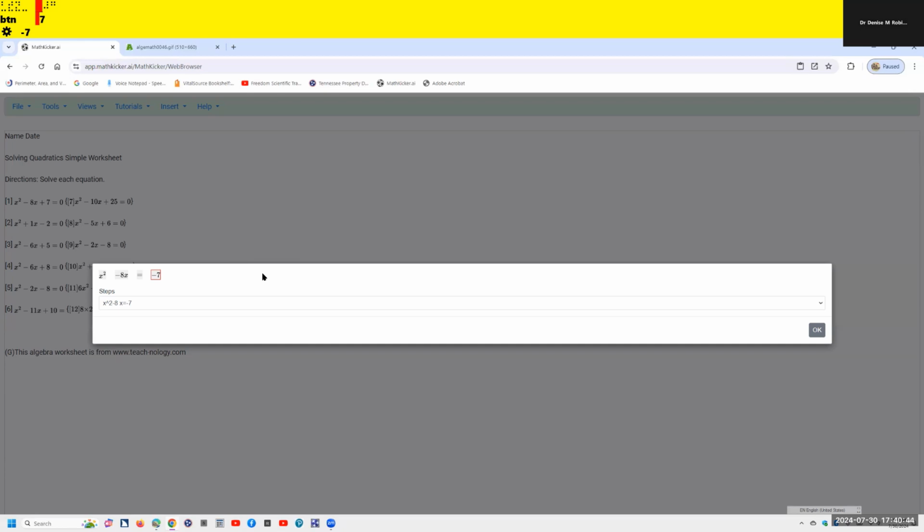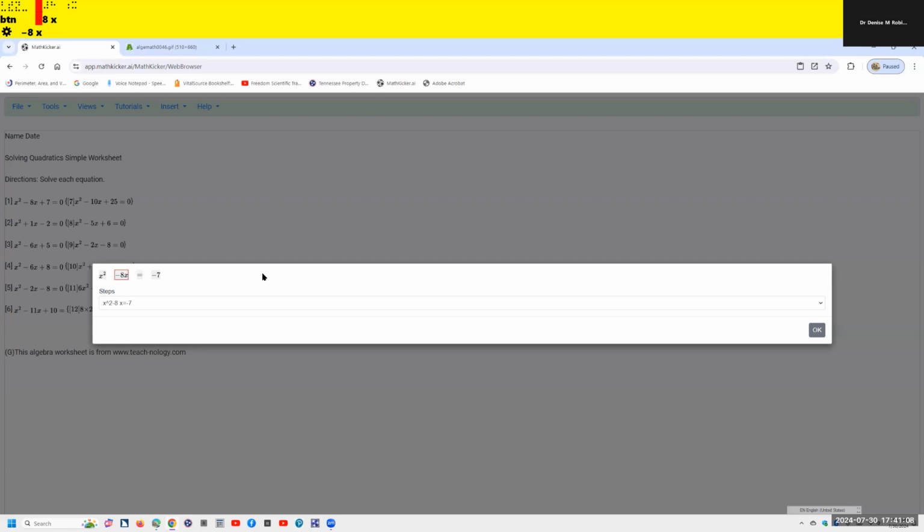Let's go ahead and we need to now complete the square on the left-hand side. And to complete the square, we need to take half of the coefficient of x. Let's go find it. Left arrow. Equals button, -8x button to activate, press space bar. And there we are. We need to square it, and then add this square to both sides of the equation. The coefficient of x is -8, as we just heard. So half of this is -4, and squaring -4 gives us